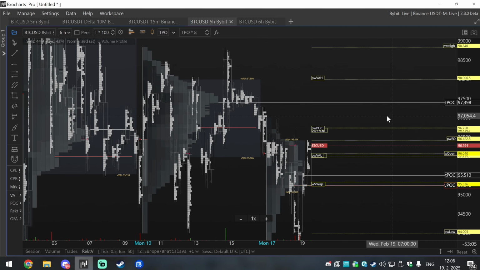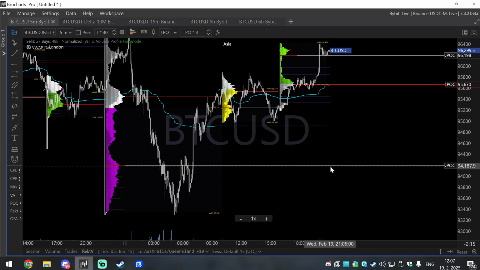Okay, so you will be watching, and this high volume node from yesterday should be acting as support for any attempt to return back to the lows and create potentially a new higher low. So that's what you watch. You see not much volume traded here, so this can be filled, and then you will start coming to this box. So that's only in case we get a change of structure, because we see the market is still uptrending locally. Even this low was holding.